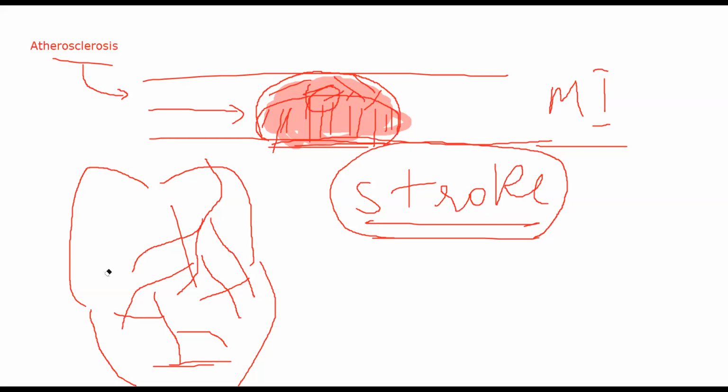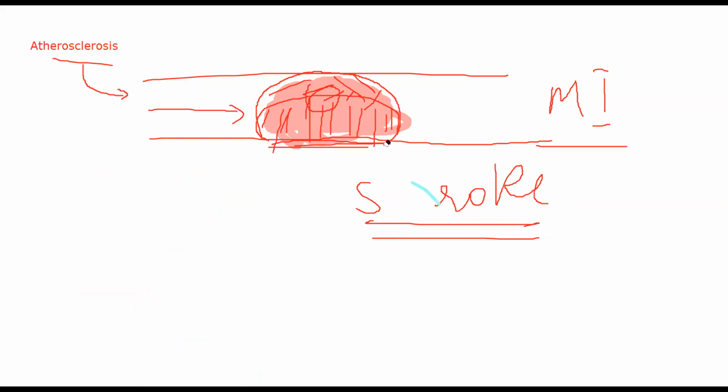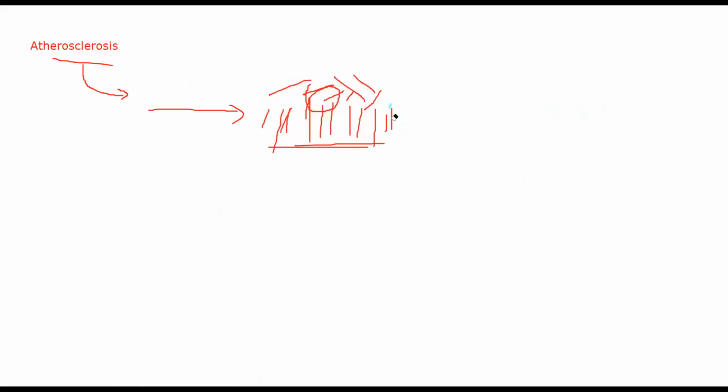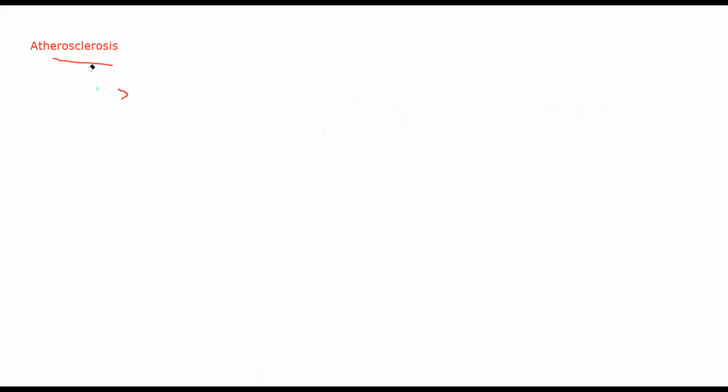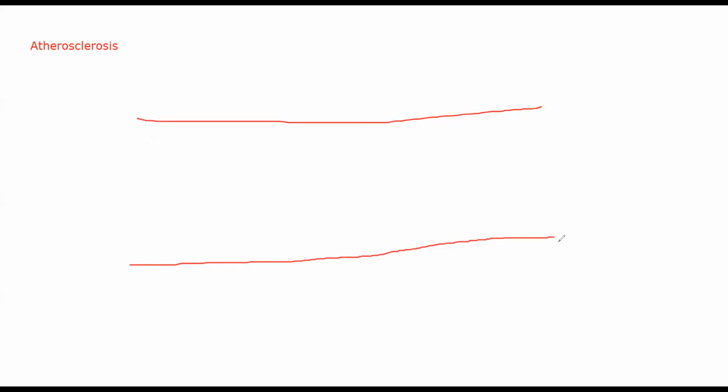Now, pathophysiology, or how atherosclerosis develops, I'll not get into the details because you'll study about that next year, but I'll give you a brief picture of what happens in atherosclerosis. Now let's suppose you have a blood vessel. In this blood vessel, we do not know the exact cause of atherosclerosis, but there are a few hypotheses.